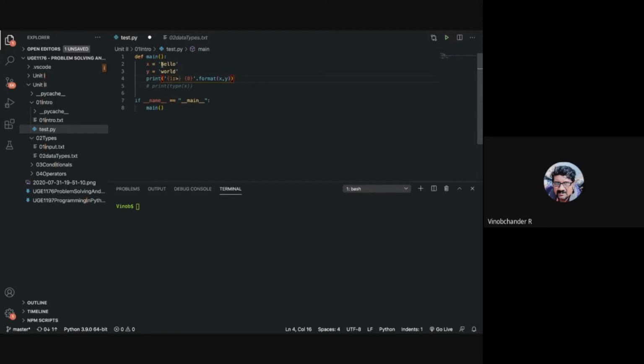Say hello is 1, 2, 3, 4, 5, five characters wide, and if I want hello to be a maximum of 6 characters wide, and say world to be a maximum of 6 characters wide.